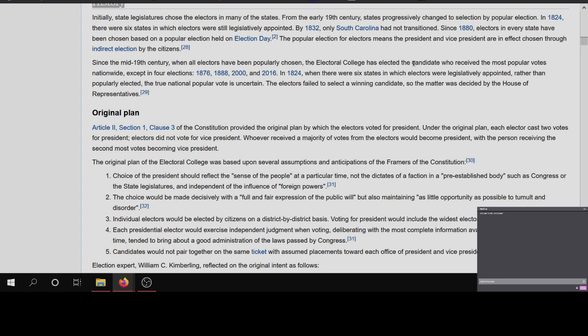So the Electoral College has elected candidates who received the most votes nationwide, except on these dates. And we can all remember that recently these things occurred. The last time it happened before was around the late 1800s, and that was an era marked with huge changes, because you had the Gilded Age, or in the international world, the Victorian era.